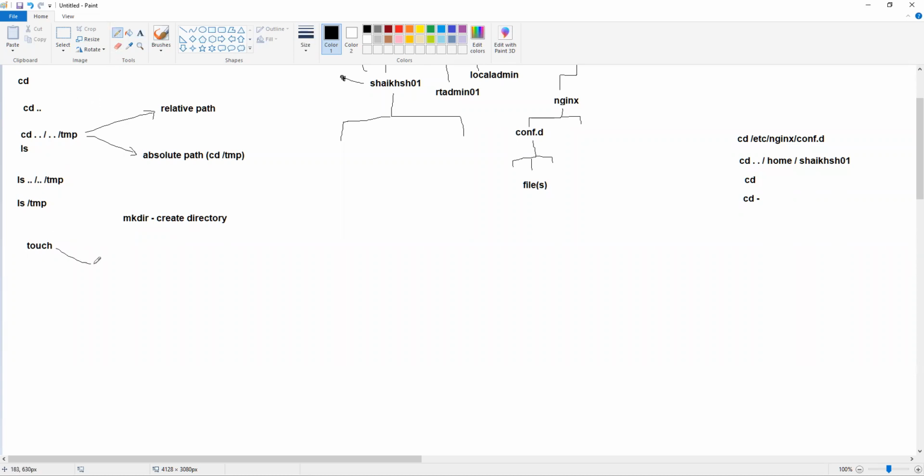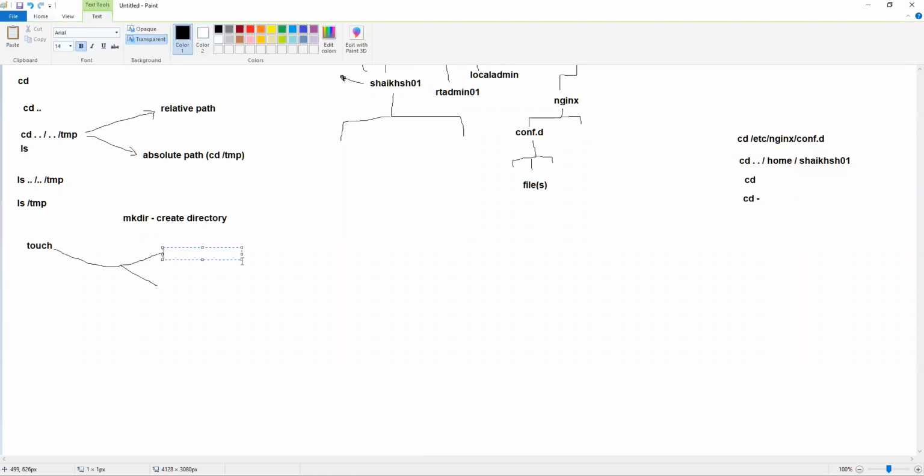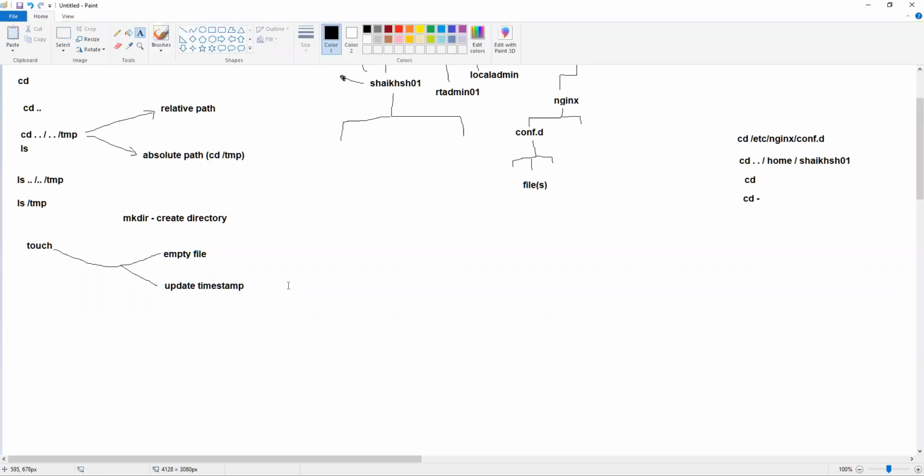So touch is the command which can help us create files. There are two instances where you want to use touch. Touch can create an empty file, and touch can also update the timestamp of the file. So with touch, you won't be able to modify the content of the file. You cannot modify the content of the file, right? So touch can only do two things. It can either create an empty file which is of 0 bytes,